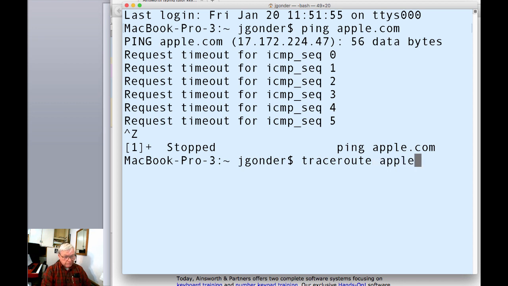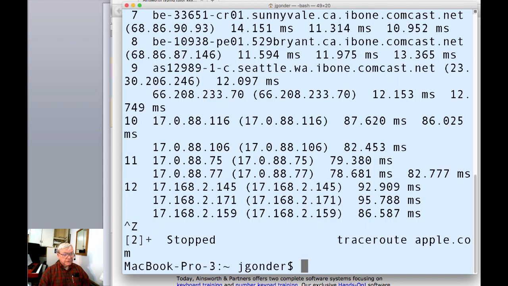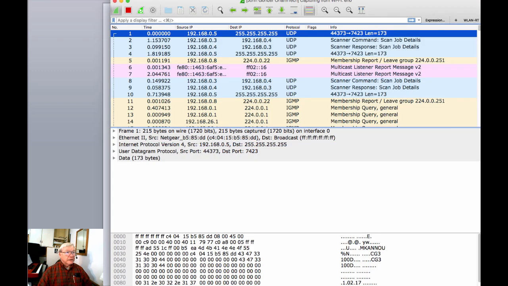But we could do traceroute to, there we go. And I'm just going to go ahead and stop this at this point. And now, so I've generated a couple different kinds of traffic here, and I'll go over to Wireshark.